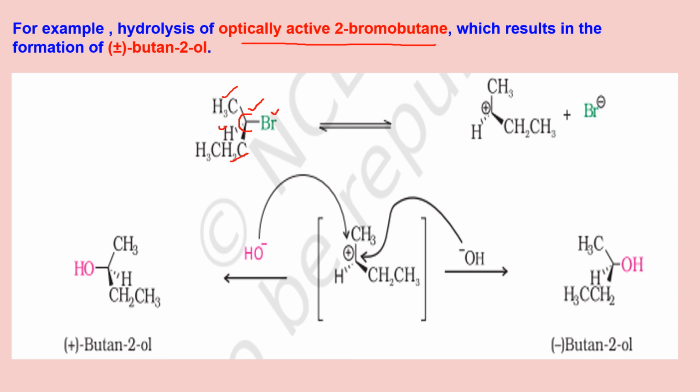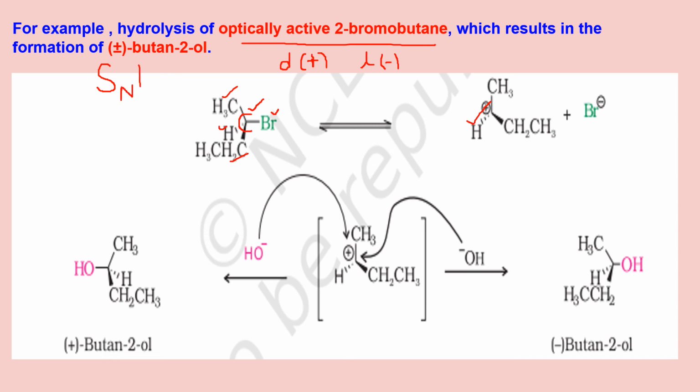And I must tell you first, for dextrorotatory, instead of small d, nowadays plus is used. And for levorotatory, in place of small l, we use a negative sign now. And this is quite interesting: SN1 mechanism, I can call it SN1 because I can see a carbocation here. So this slide is obviously explaining the SN1 mechanism.